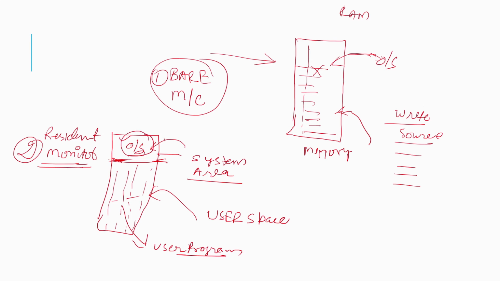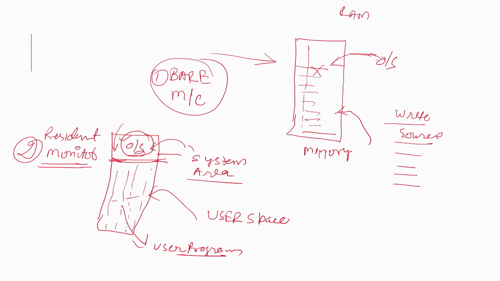In the operating system, whatever important task or part is required was kept in the resident monitor area. We call it the resident monitor, and this runs in the system area during the entire life of the execution time of the machine. So in this way another approach was used and the resident monitor was built.